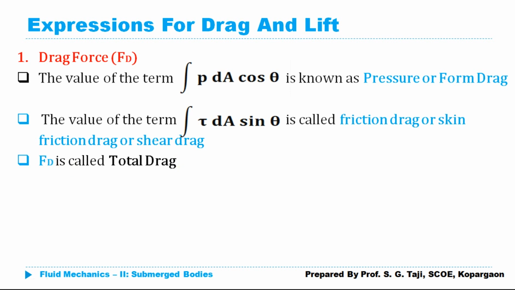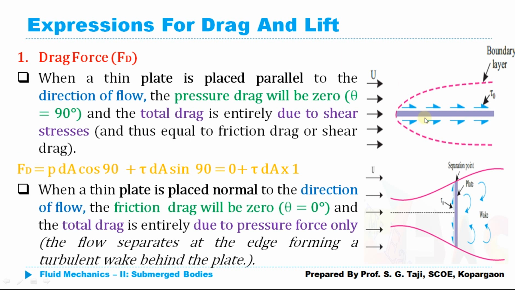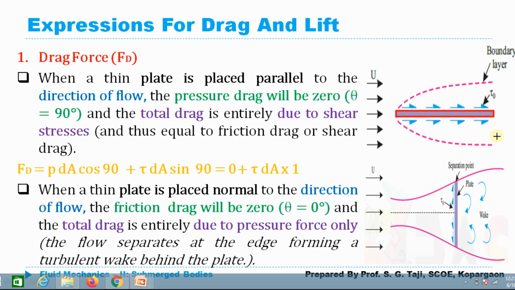Now if I take an example of a plate, or the position of the body, if I hold a body parallel to the direction of motion, as we have discussed during the concept of drag as well, the axis of symmetry and the position of the axis of symmetry are going to affect the forces which are acting on the particular body.